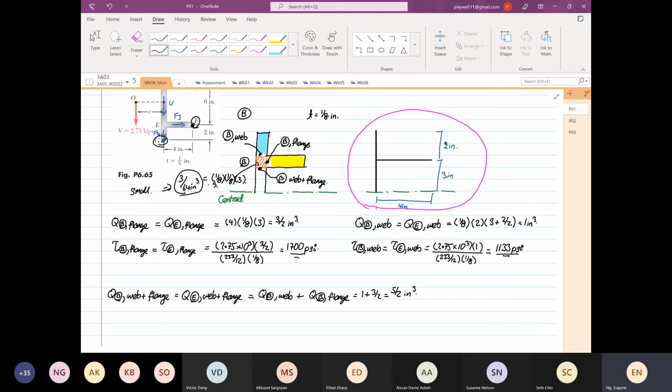Compared to 5/2, 5/2 divided by 3/64 is 53.33 times bigger than that small area over there. So we can drop it. Okay. So from here,